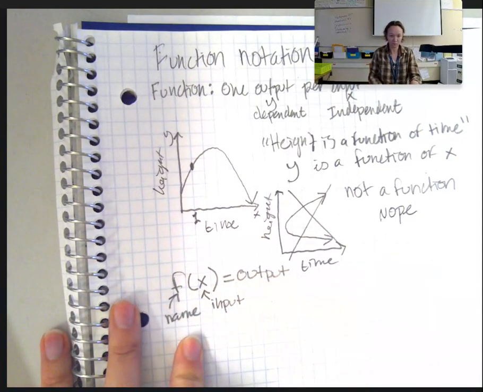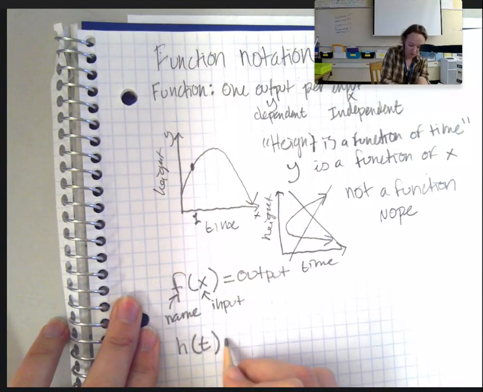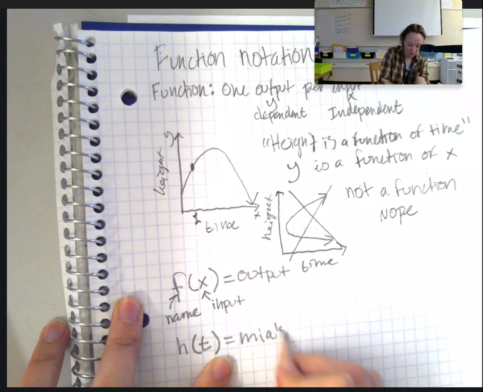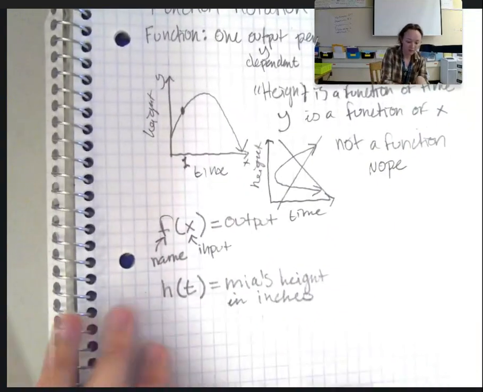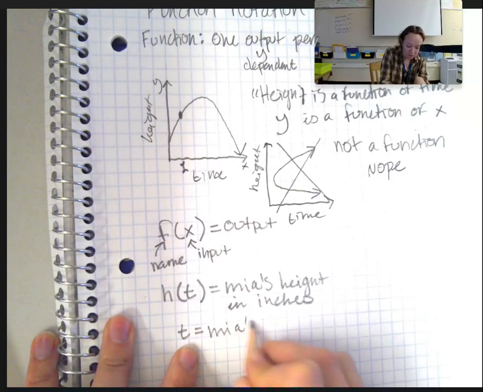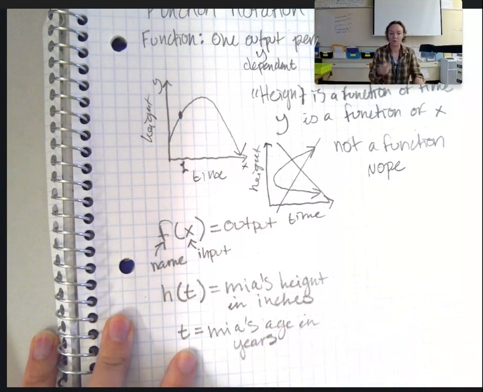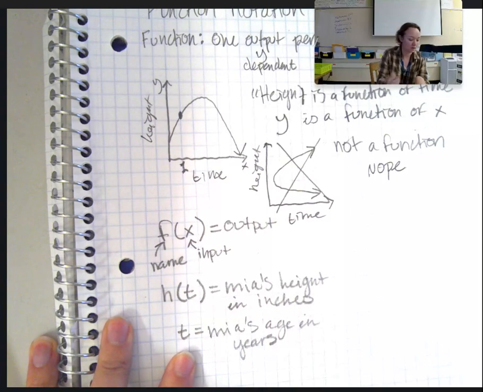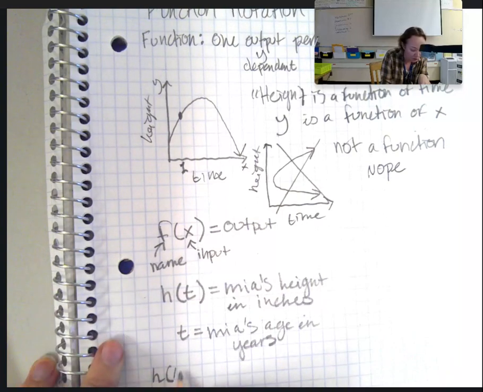the output. So let's say, for example, that we're going to say that h of t equals Mia's height in inches. And t is going to represent Mia's age in years. So then we can write a statement using this format and interpret it. So let's say that our statement is h of 11 equals